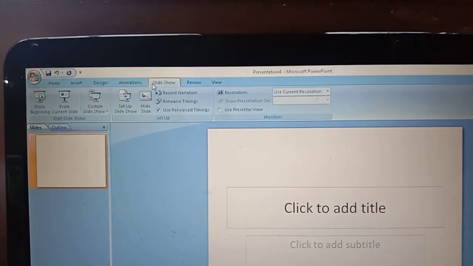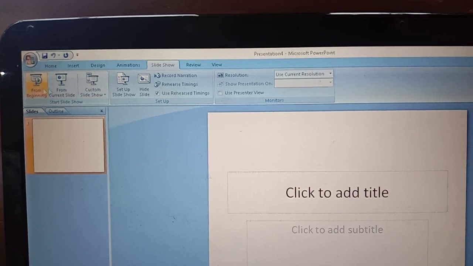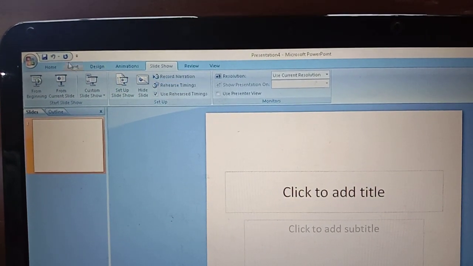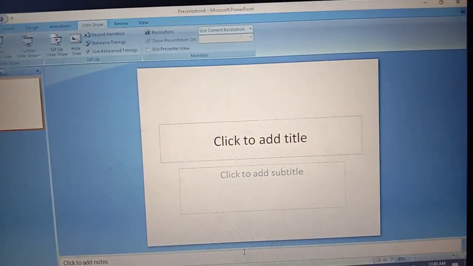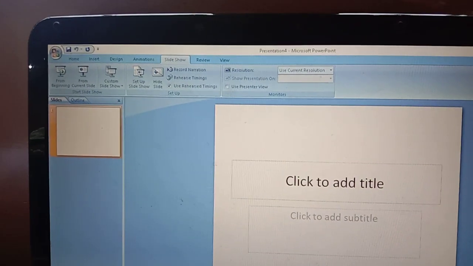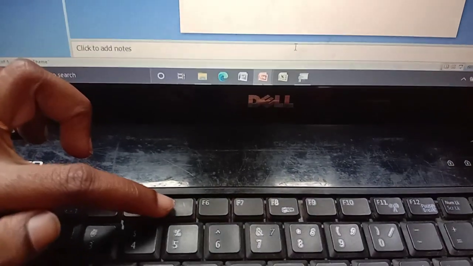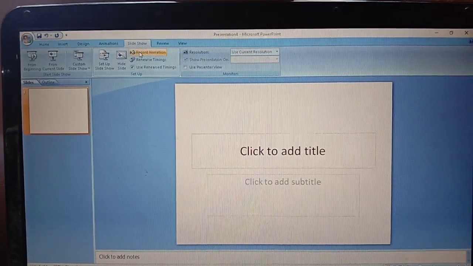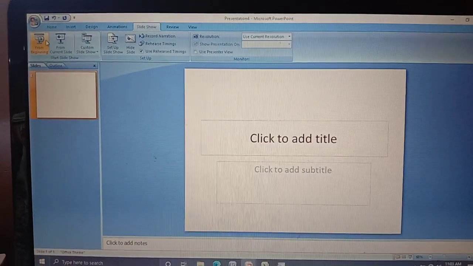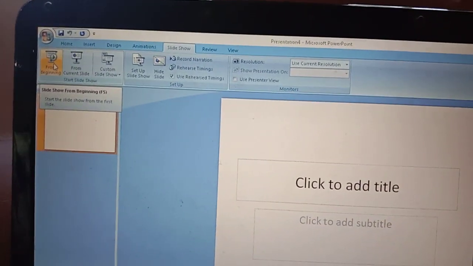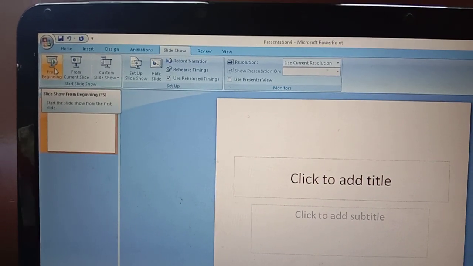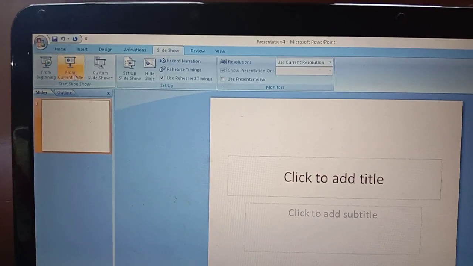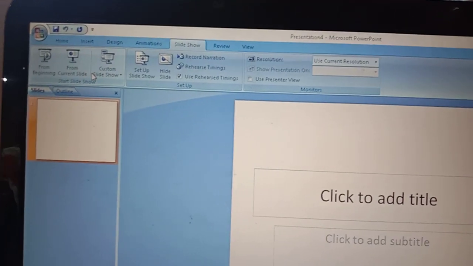go to the slide, then home. So you can press the F5 key to run your presentation, or else you just move to Slideshow in the ribbon. There will be the option From Beginning, or From Current Slide to show the slideshow. So based upon your interest, you can select any icon over here.